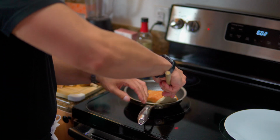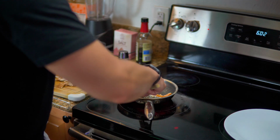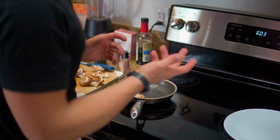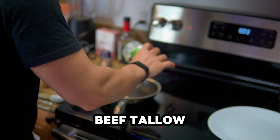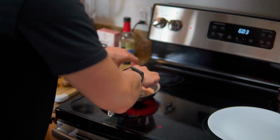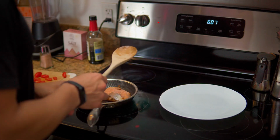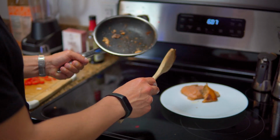So I think it's a little stuck to the pan. Yep. I'm going to remove this skin because it's getting in the way. So this happens live, so I'm just showing you no edits, no fancy stuff. I'm going to put some more beef tallow. Put that there. I'm going to cover it a bit. Alright, so now I'm going to remove this salmon right now. There we go. I know ethical presentation, but...